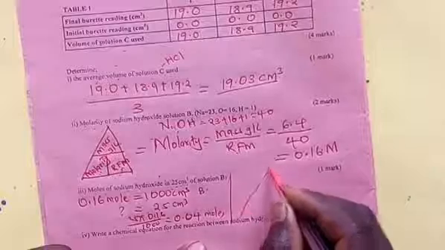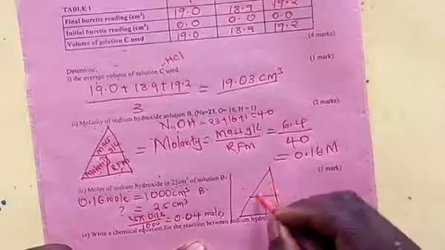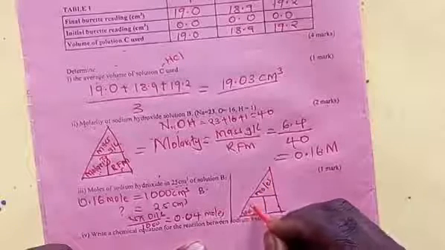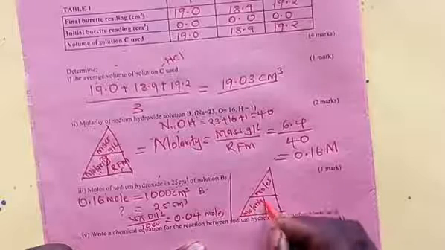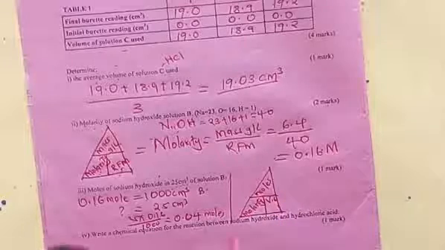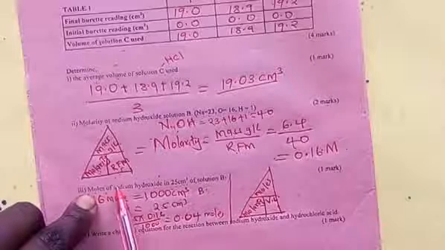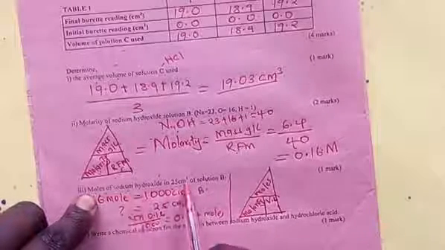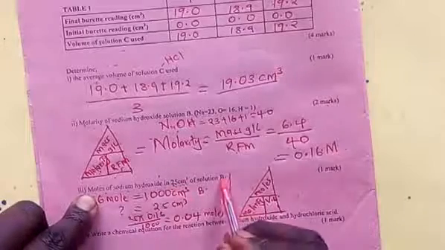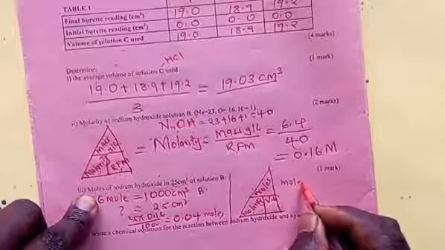I want to give you another triangle. Moles is equal to molarity over volume in liters. So let me use this formula here. Determine the number of moles of sodium hydroxide in 25. So my volume is 25, but not in liters. I have the molarity, the solution was this, and then moles is what I am looking for. So moles is equal to